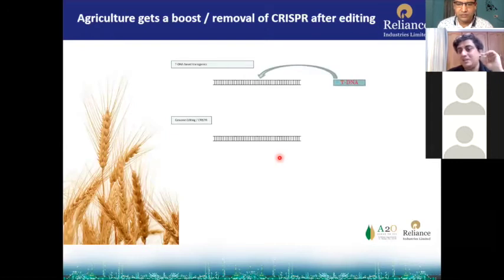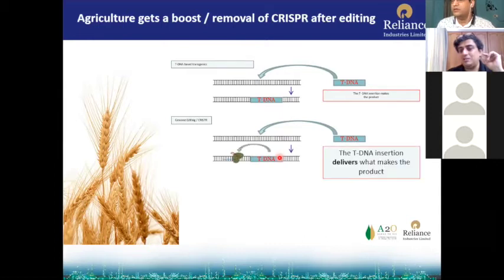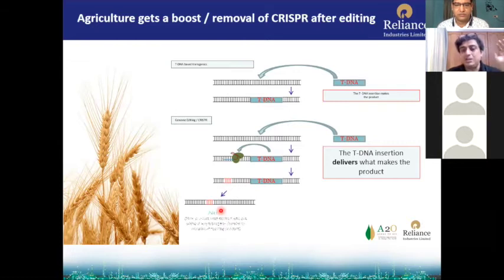Previously, what happened? You send a tDNA with your gene of interest, and the tDNA stays inside. So your foreign element stays inside to make a GMO. But for CRISPR-Cas9, you send a tDNA, it gets inserted in the genome. Then the tDNA will give rise to a CRISPR-Cas9 tool. The CRISPR-Cas9 tool will do the change, this red color area. And then in the next generation, the tDNA will be segregated out. So you will discard that progeny. You will keep that progeny which has only the change.